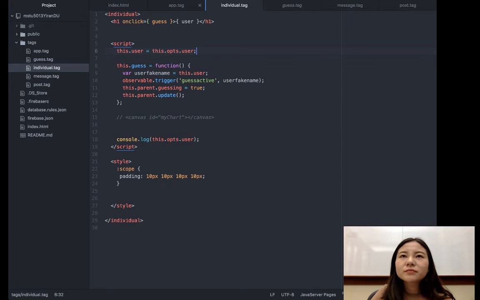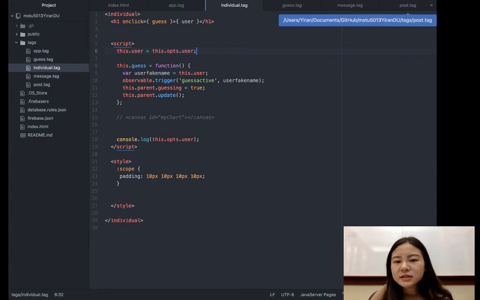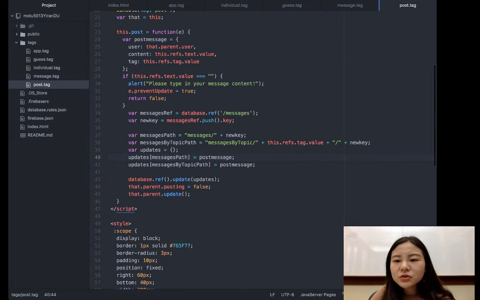And another Firebase relevant one is in the posting tag. That is, I use the updates here so that when it posts one message, the Firebase will not only add this message to the home messages database, but also, according to the topic here,